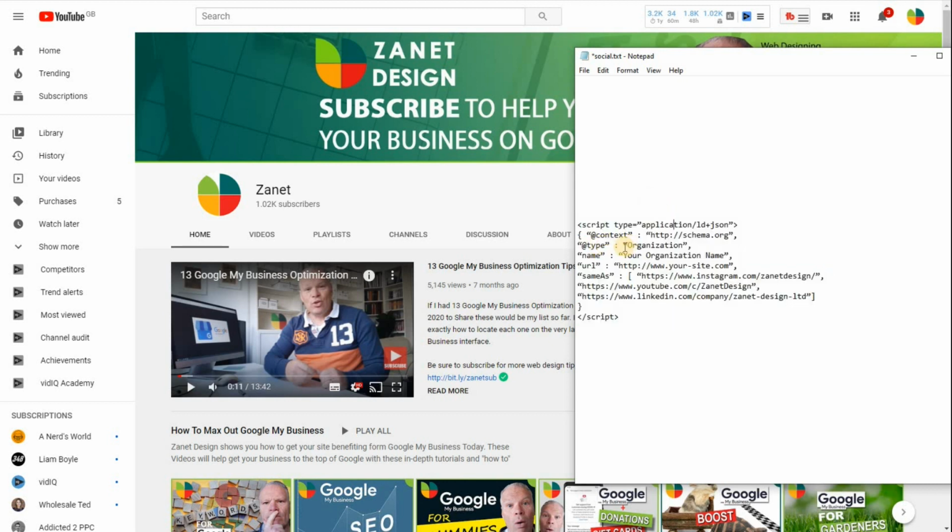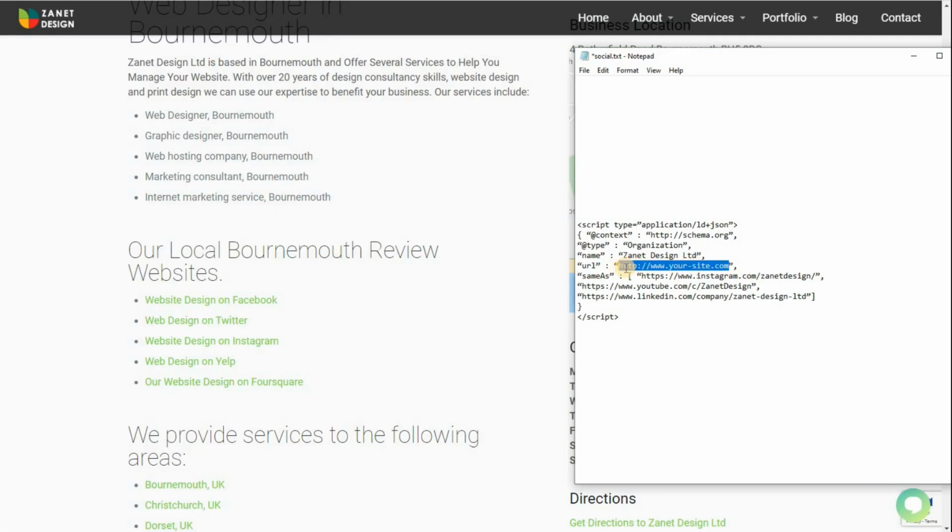Basically you need to first of all say whether it's personal or an organisation, but of course in this case, being a business, it's an organisation. Next, you fill out your name, and this needs to be exactly the same name that you use throughout your company. So Zanet Design Limited. Keep it consistent with everywhere else so that gives Google the right signal. Now the URL of your website. In this case, I'm going to copy and paste in my exact URL as found in my home page,